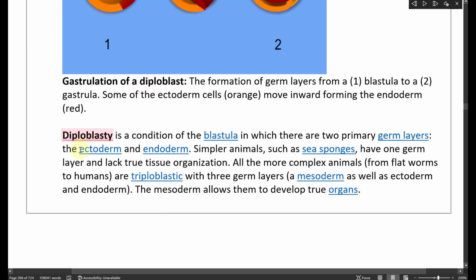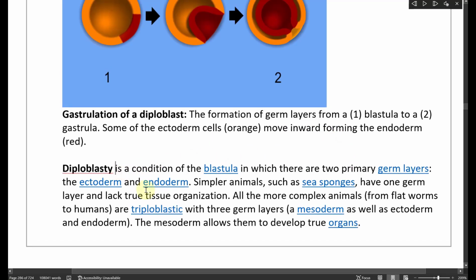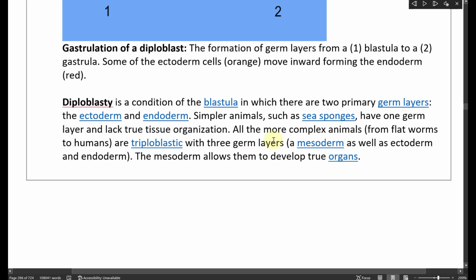So going here is diploblast, so diploblasty. Let's see the pronunciation. Diploblasty. Diploblasty is a condition of the blastula in which there are 2 primary germ layers, the ectoderm and the endoderm. Simpler animals, such as sea sponges, have 1 germ layer and lack true tissue organization. So this one just has 1. All the more complex animals, from flatworms to humans, are